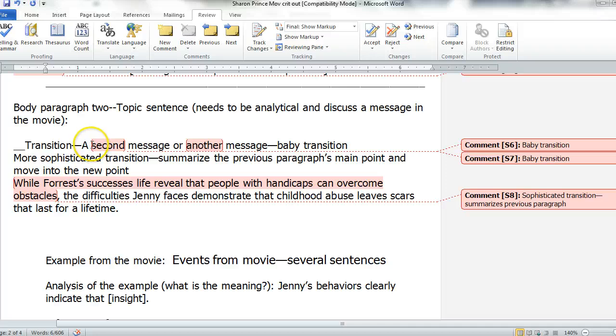So I have possibilities, a second message or another message, which are the baby transitions, okay? Anybody can do a first, second, third message, okay? Or one message, another message, and a final message. You should be able to get those baby transitions in there, okay? But then there's another more sophisticated transition where you summarize the paragraph's main point and move into the next point,